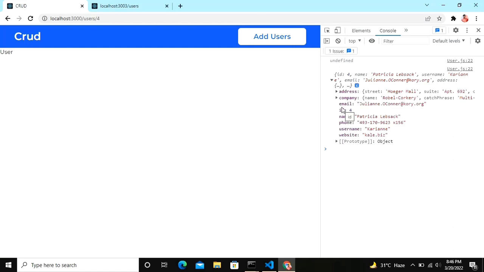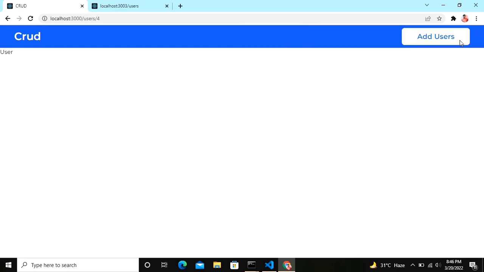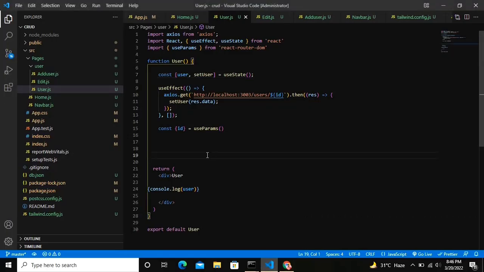Since we are getting the object now, we don't need that array. We just need that JSON, and JSON is already in the object form. So now we will map the data, but since it's an object, we don't need to map, we just need to do it very simply. I'll show you how we do it when it's an object here. We'll just say that if the user is there